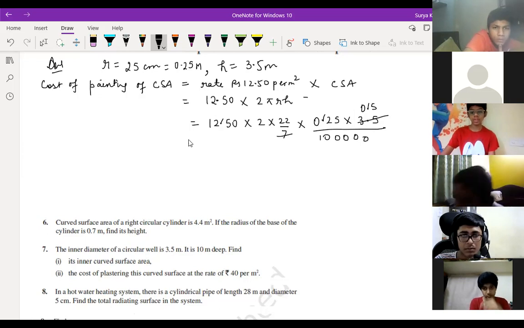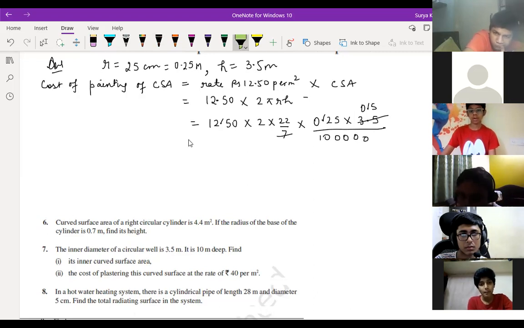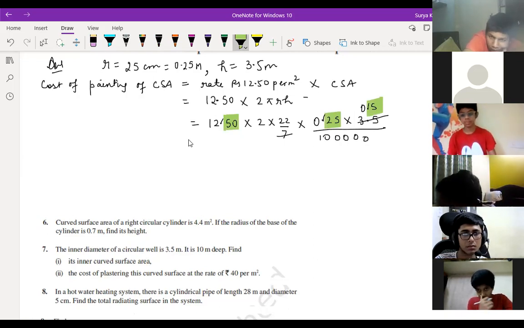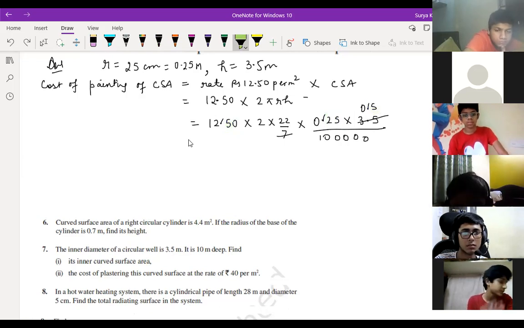Sir, why 5 zeros, sir? After the point, how many digits are there? That you count from the top. After the point here, 2 digits are there. Here 2 digits, 4, 4, 1, 5 digits, right? So after the point, how many digits will come, children? That many zeros you should write at the bottom. Okay. Is this clear or not, children?